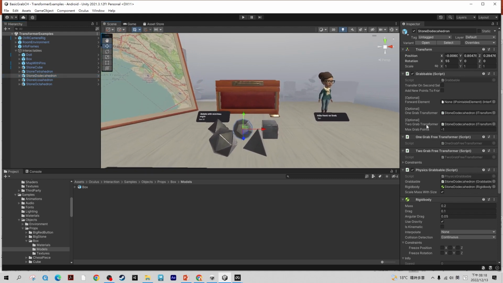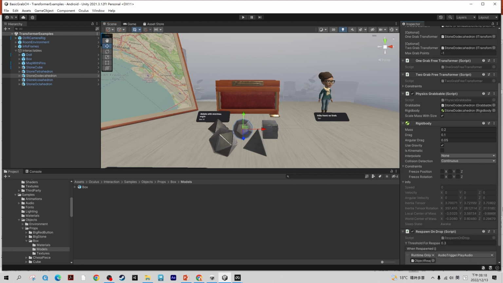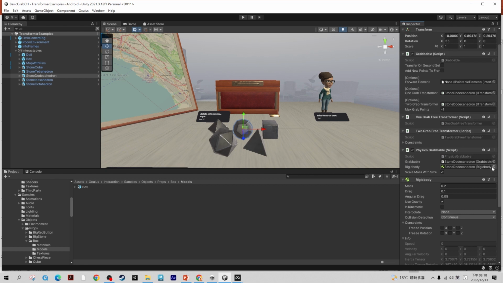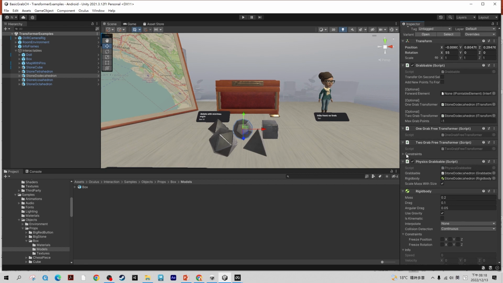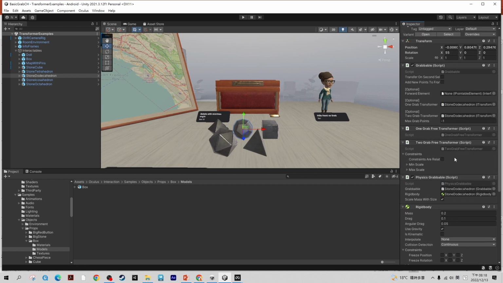I'm in Unity here. You can see this one is a one hand, one grab freehand transformer. This is a two hand, two grab free transformer. That's why in here we are able to use a constraint for rotation